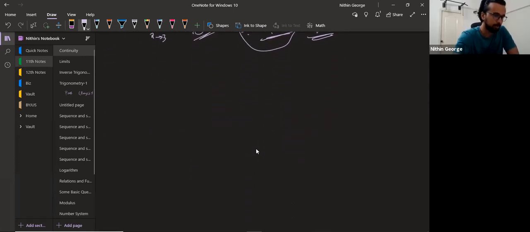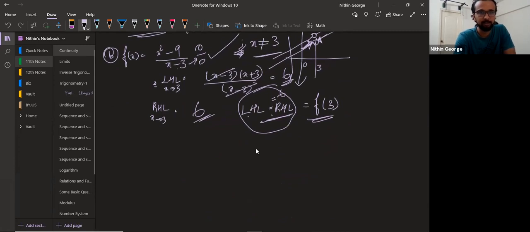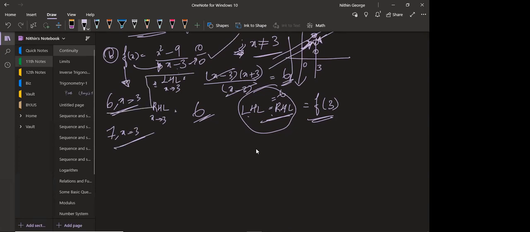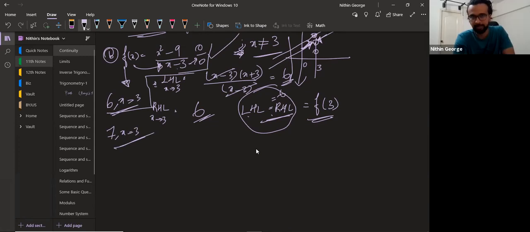So, next question we'll try. Suppose the function was defined, f of x had this definition, and along with that, I wrote that this is equal to 6 when x is equal to 3. Then this will be continuous. If I put it as 7 when x is equal to 3, if that is how the function is defined, then it will be discontinuous. Are you following, guys? Yes, sir. It depends on the definition of the function. Okay, continuity.